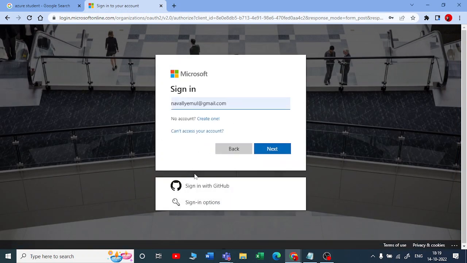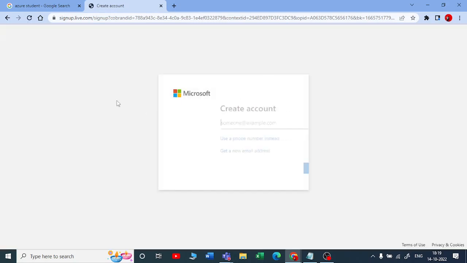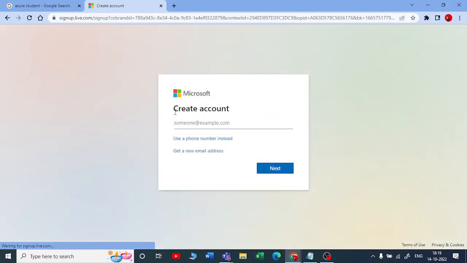I have different accounts. You can click on create new here, then click on create new account, and it will ask you to give details. So you can give your personal email address, then go next and set up a password. Next, give your full name, your address, your mobile number.